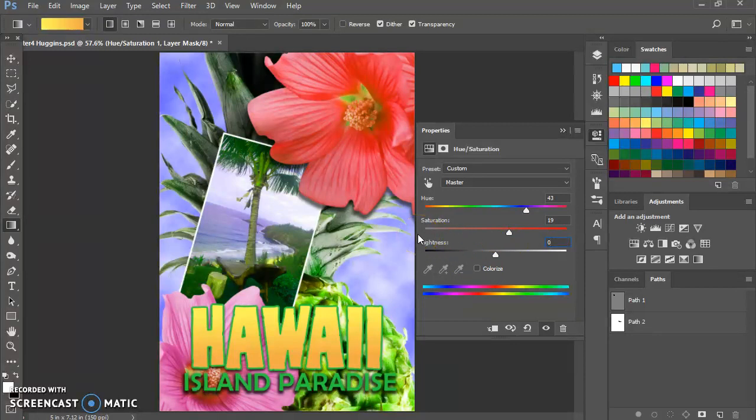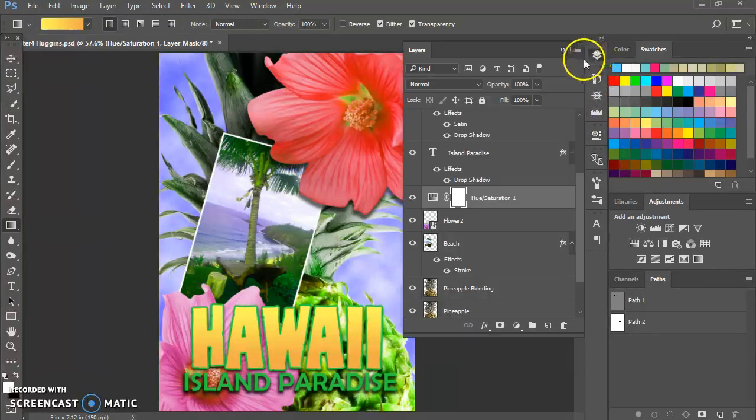Now at this point you're probably thinking, that looks horrible. It's okay, because we are going to create a clipping mask. To create a clipping mask, go back to your layers, and on this icon right here, right click,